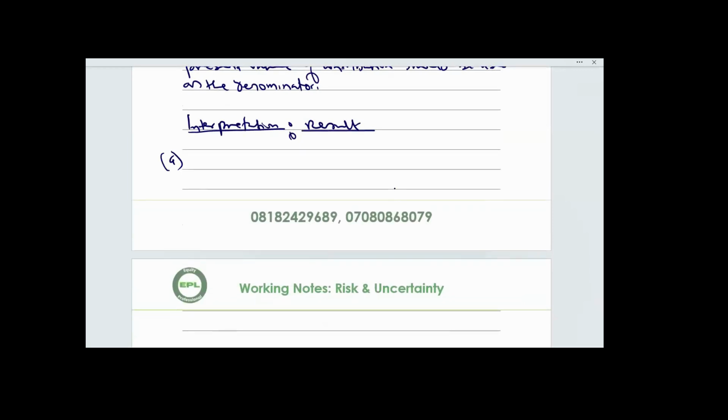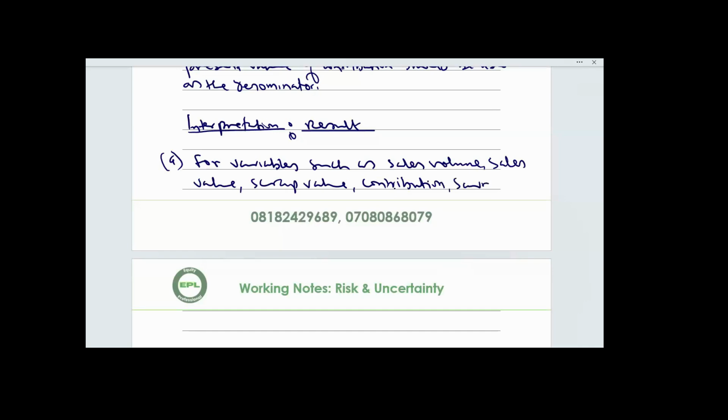Number A, for variables such as sales volume, sales value, scrap value, contribution, savings, and project life,